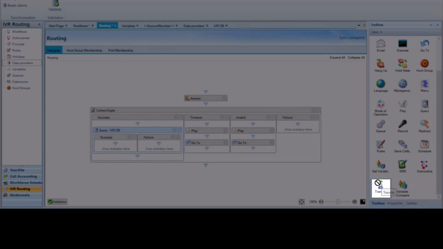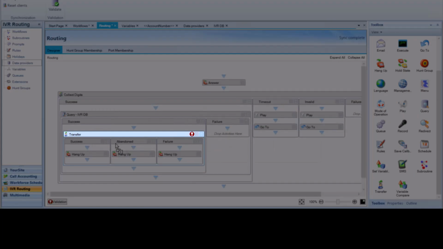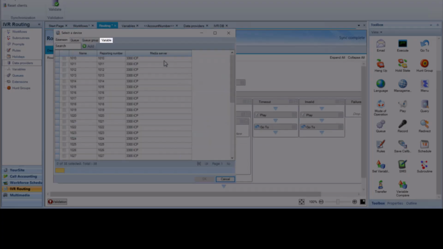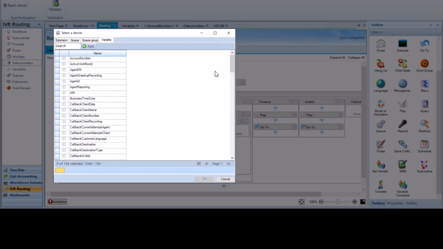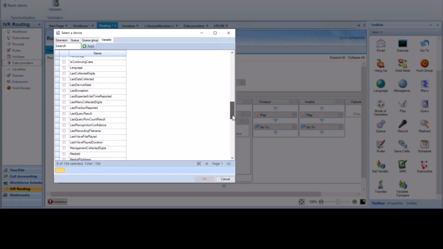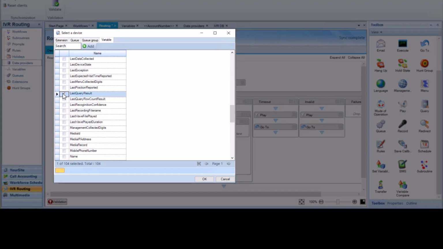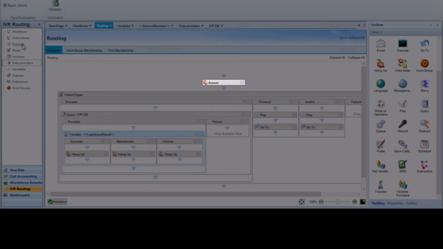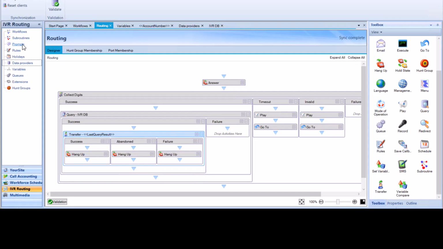Right-click, drag and drop a transfer activity to the success path. Right-click on the transfer header, click Destination, choose the variable tab, choose the last query variable from the list. This uses the last variable queried to route the call. Click OK. Using an answer, a collected digit, a query, and a transfer, 4 activities in one variable, the system